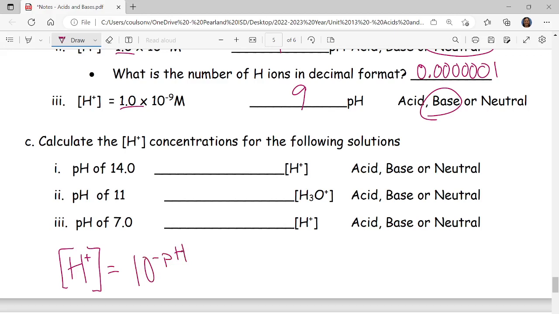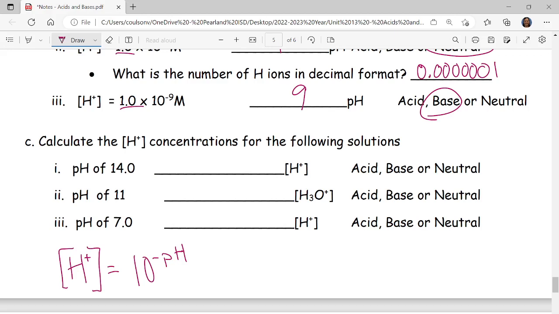So it's just 10 to the negative pH, because when we're doing log, we automatically do log base 10. Yes, exactly. And then just as far as formatting for each of these, if there is nothing in front of it, we're going to show it for purposes of significant figures. I want you to show it times 1 point something something so that we have the correct number of significant